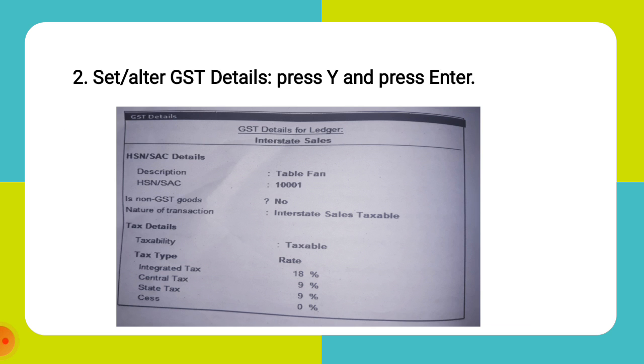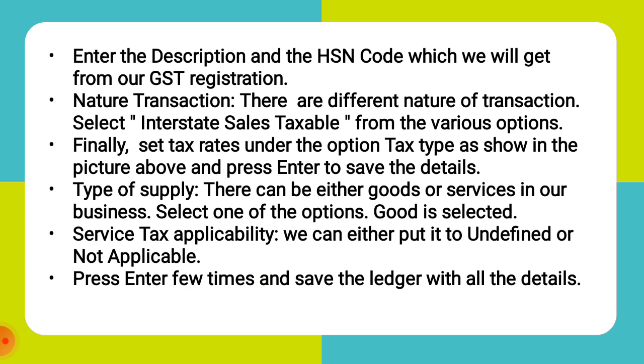And the second one is set or alter GST details. Press Y and press enter. Then the following screen appears. Enter the description and the HSN code we will get from our GST registration. Nature of transaction: there are different natures of transaction. Select interstate sales taxable from the various options. Finally, set the tax under the option tax type as shown in the picture above and press enter to save